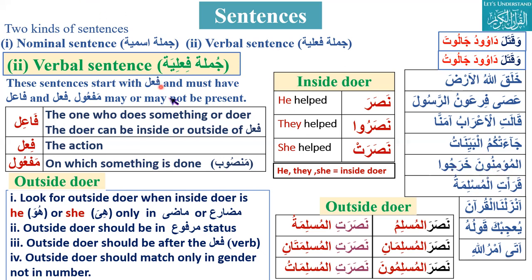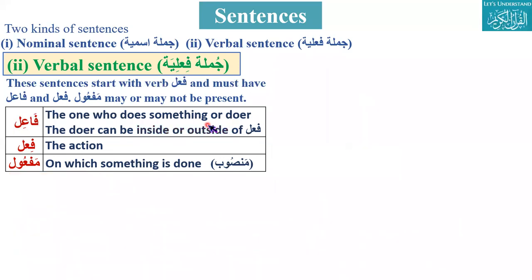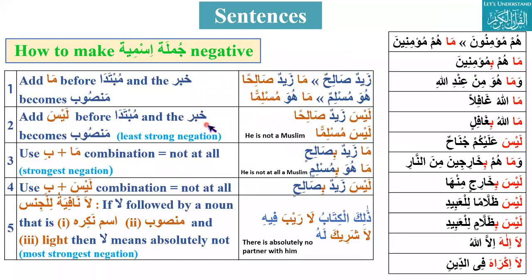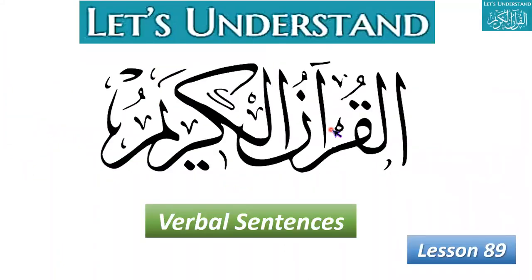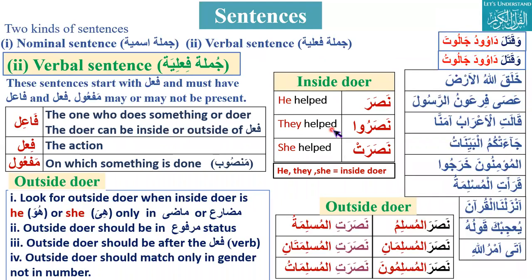I think we have to go for practice. So we have to practice all of this, starting from how to make jumla ismiya. There are 7 cases here: hal and illa, not ma plus illa and in plus illa combinations, and also verbal sentence examples. So inshallah tomorrow we will start the next lecture. So this will complete our review. Over to you.